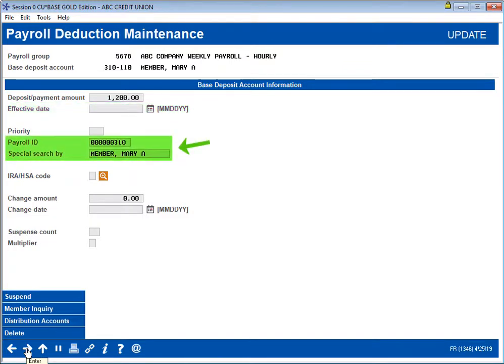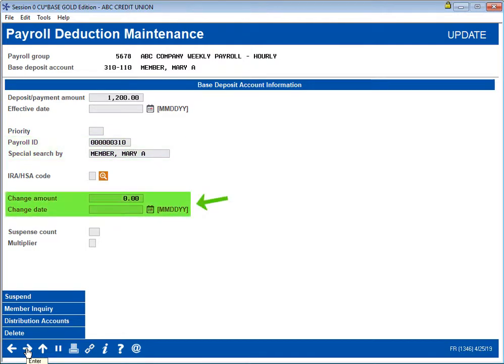These two fields were filled in automatically per the settings in the payroll group configuration. This information can be modified as needed. These change fields are helpful in cases where a member will soon receive a raise. If our member didn't want any distributions, all we would need to do now is click Enter to save the paycheck amount. But our member would like some of her paycheck deposited into other accounts, so we'll click Distribution Accounts